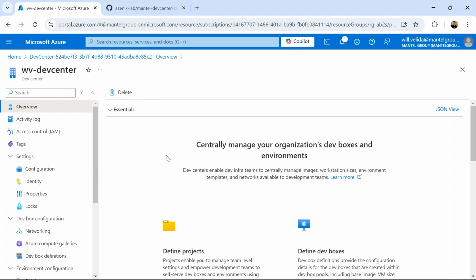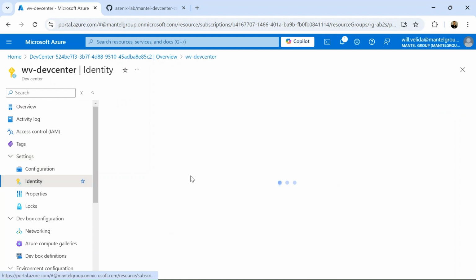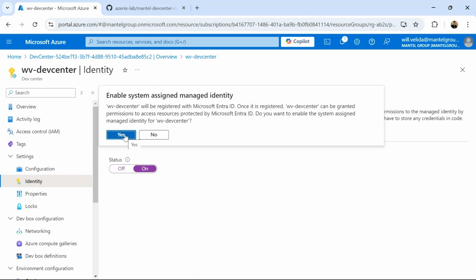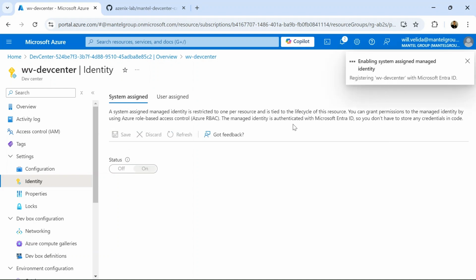So this is fairly straightforward. Under the settings tab here, I'm going to click identity. And all I'm going to do is make sure system assigned is selected, not user assigned. So system assigned is selected. I'm going to switch that to on and then go ahead and save that. And that's going to enable my system assigned managed identity. So once that is done,